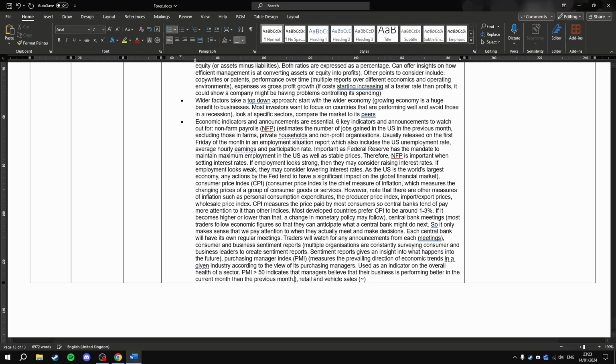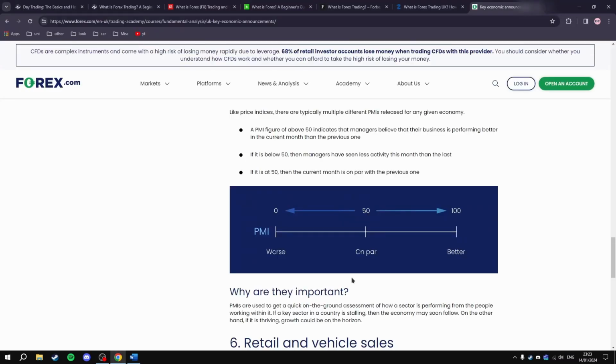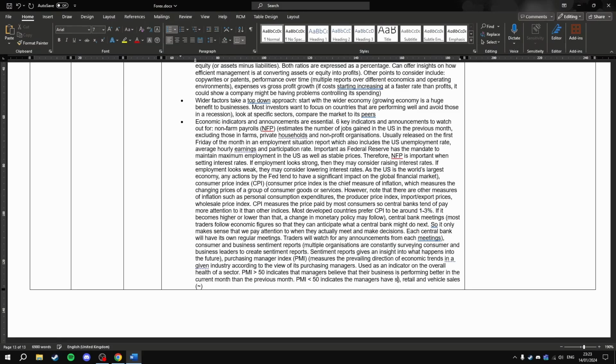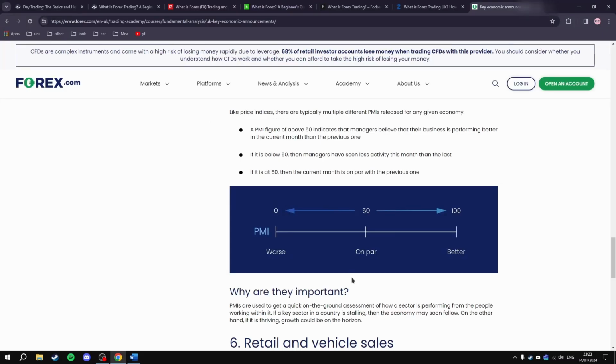If PMI is less than 50, it indicates the business is performing worse. The managers have seen less activity than in the last month. If it is at 50, then the current month is on par with the previous one,